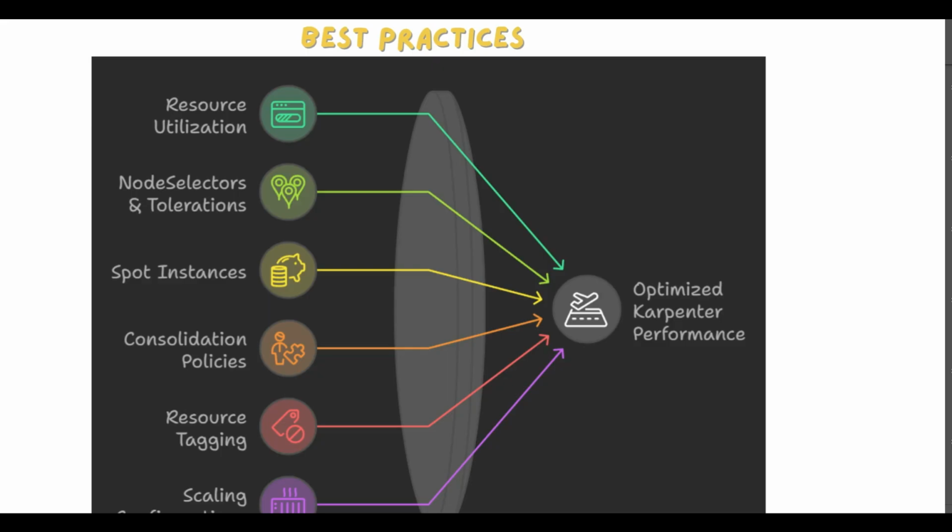Let's talk about best practices. First one, monitor and optimize resource utilization. Always monitor resource utilization across your nodes. Karpenter is designed to optimize cost and performance, but it needs well-tuned resource requests and limits for your workloads to